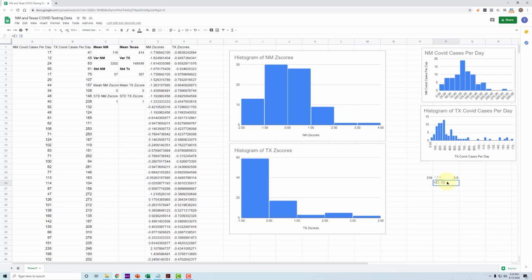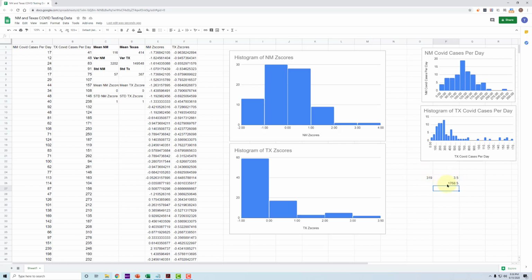And I am going to multiply it by the standard deviation and add the mean for Texas, right? So we are undoing the z-transform, right? Rather than subtracting the mean and multiplying by the standard deviation, we're reversing it, and that gives us a score of 1,768.5. In other words, to get an equivalent increase in Texas of 319 in New Mexico, they would